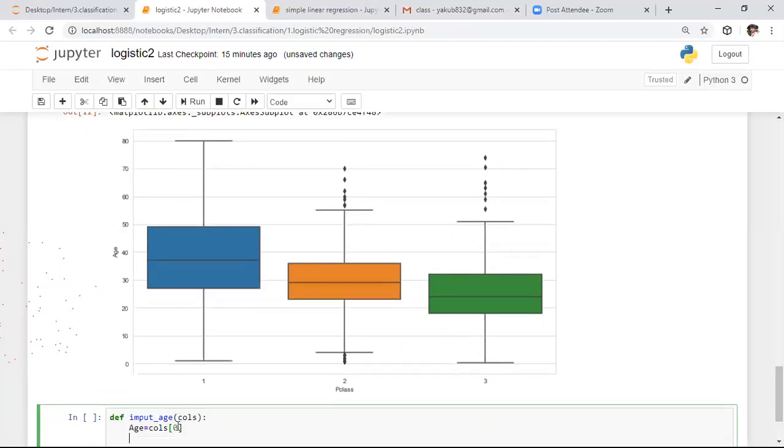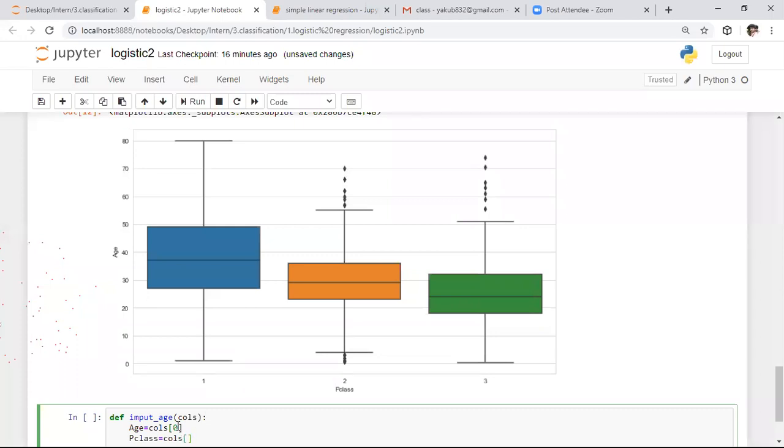One is the age attribute, the second one is the passenger class. Based on the passenger class, we need to modify the age value. If there is a missing value, we need to modify that value.